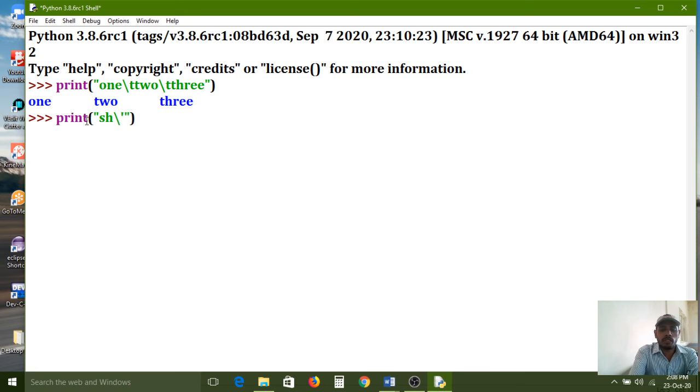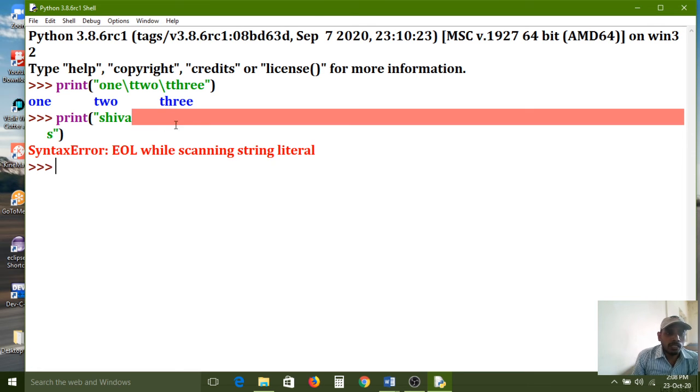Shiva's. Now understand now? This is the single quote constant. Then press enter key. Sorry, it is showing some error. Wrongly configured.